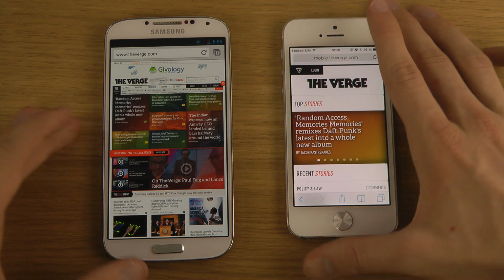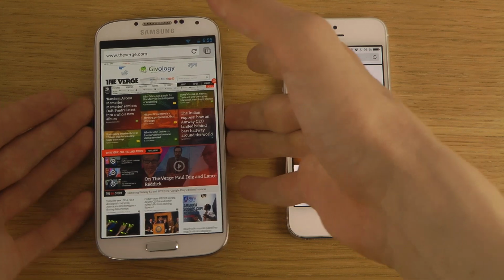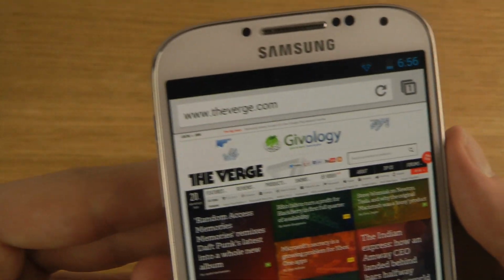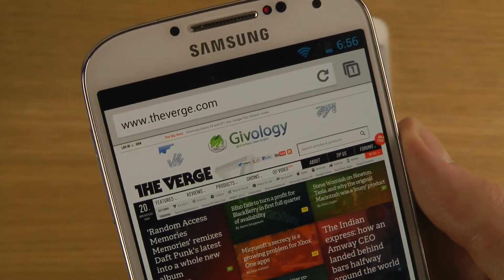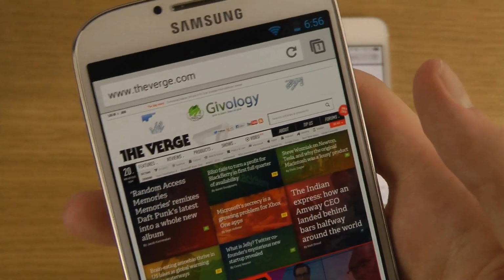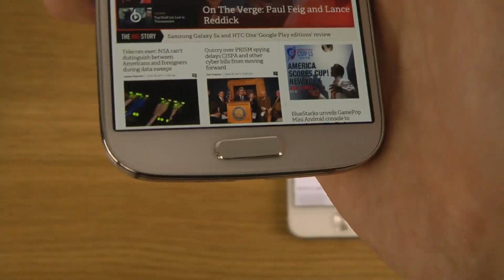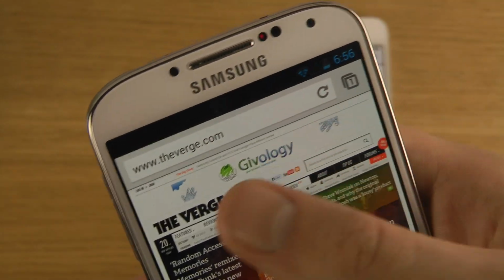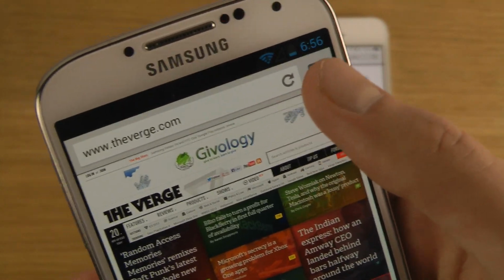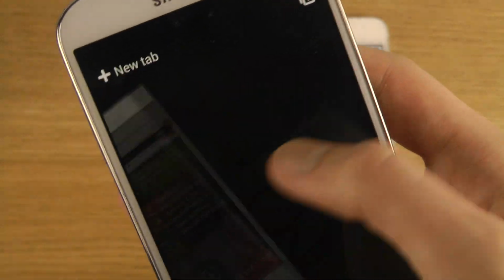So we're gonna compare it against the Google Chrome browser here on Android. So it also has a very clean UI. I think this is probably even better in terms of its UI, because up here at the top it looks very similar, but they made it a little bit more clean and removed all the messiness down at the bottom, and you just have one clean button here with reload that you usually use, and then a tab system that is